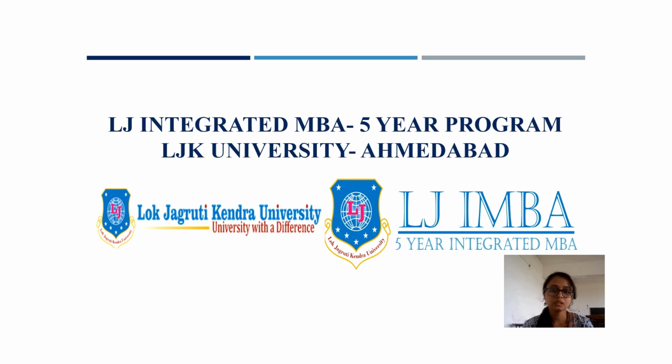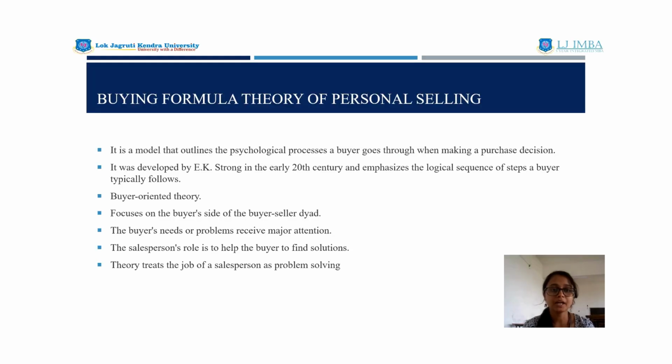So I am back with the personal selling theories. Today we are going to study our third theory, that is buying formula theory of personal selling. This theory focuses on understanding how buyers make decisions and how a salesperson can guide that process. It's less about pushing a product and more about solving a buyer's problem. So let's dive in and explore what this theory is, why it matters, and how it works in real life